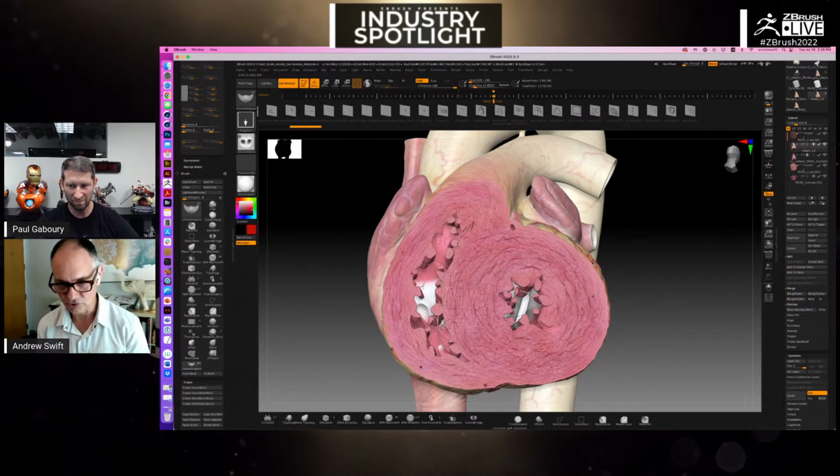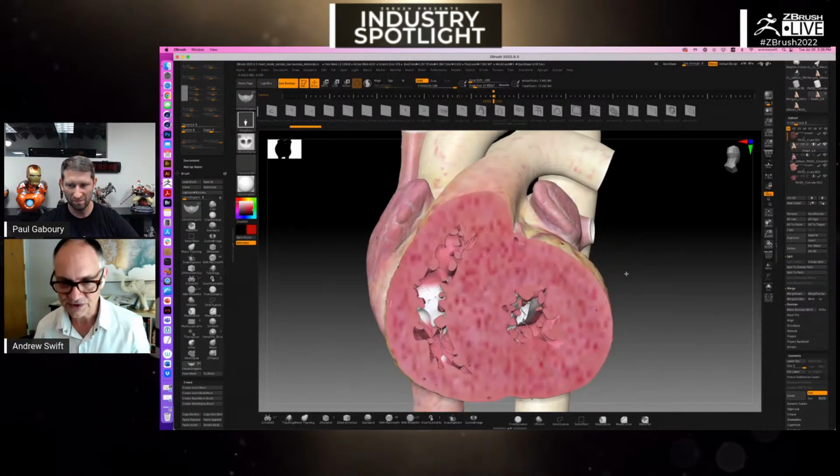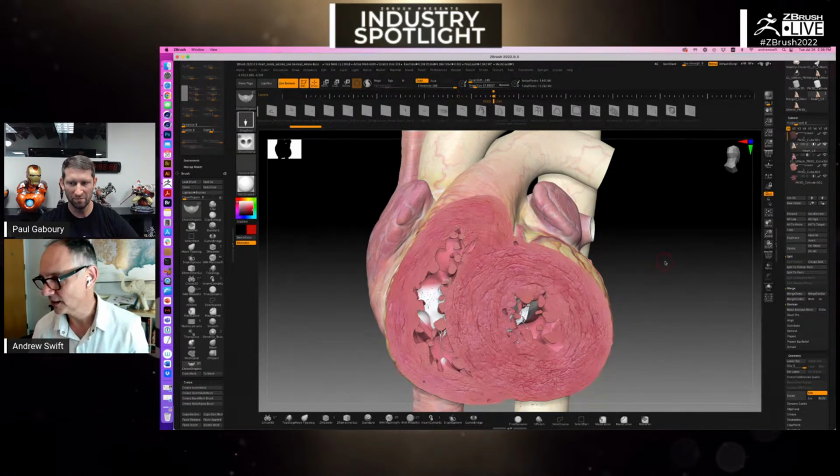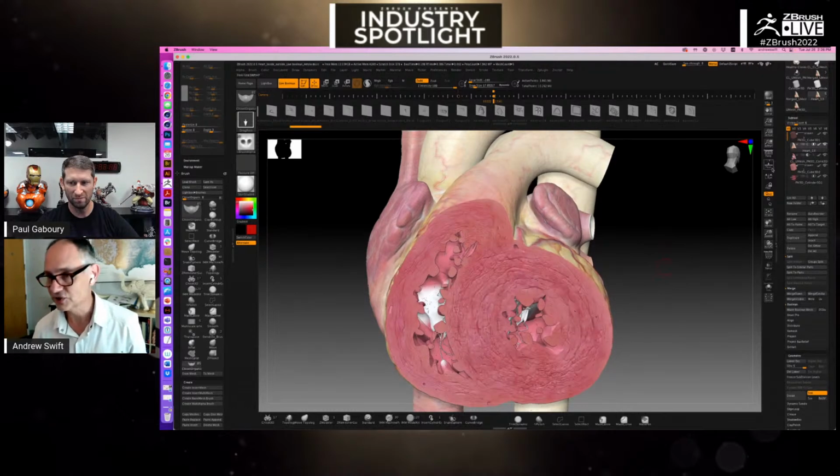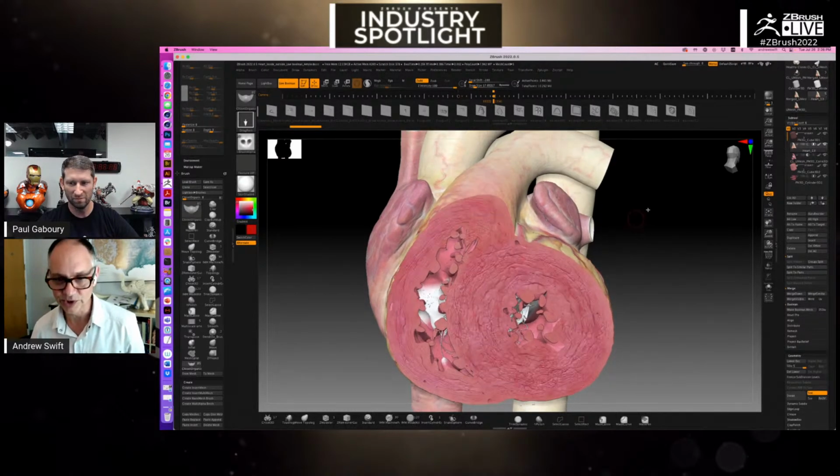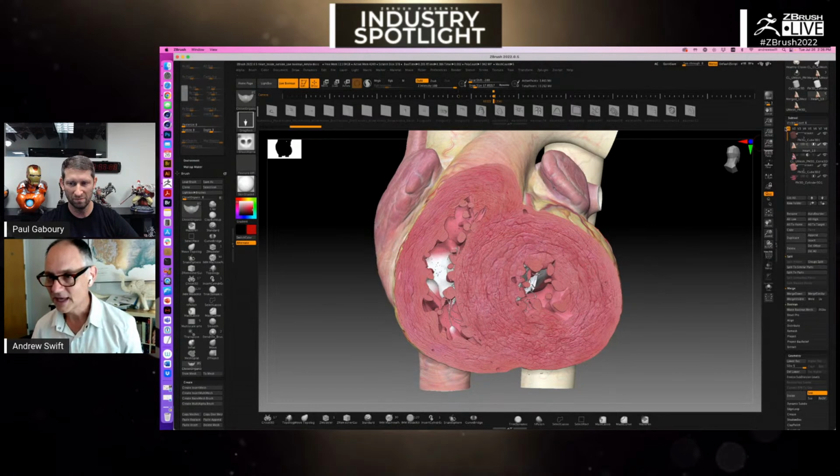And we were doing this for a great client, and we thought, wow, we're going to get it right. And I shipped this to the client, and they hated it. They wanted the typical view of the heart. But it was a good use of the live Boolean, because I can put this plane and I could sculpt